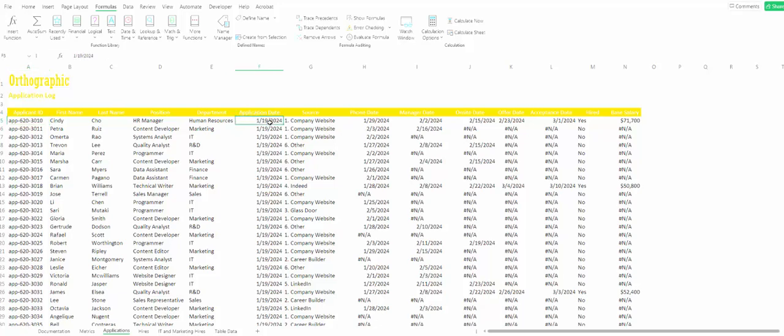And in terms of dates, application dates and phone date, that's kind of phone interview date, manager interview date, on-site interview again, and you have offer date and so forth. So that's what we have. We're going to work on those tabs written in